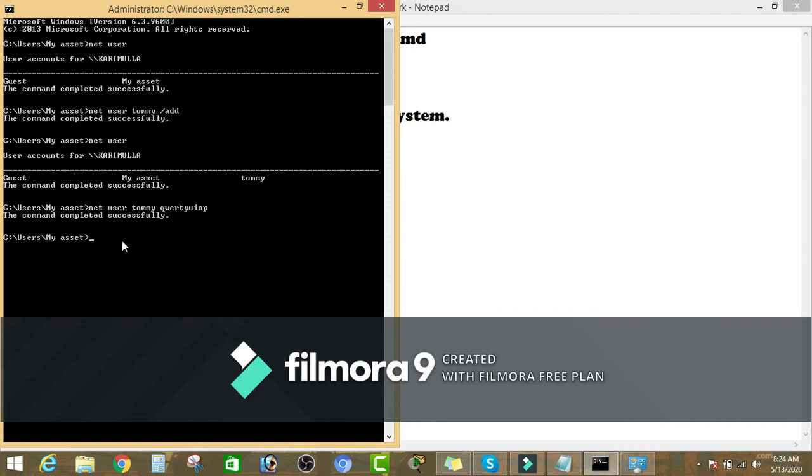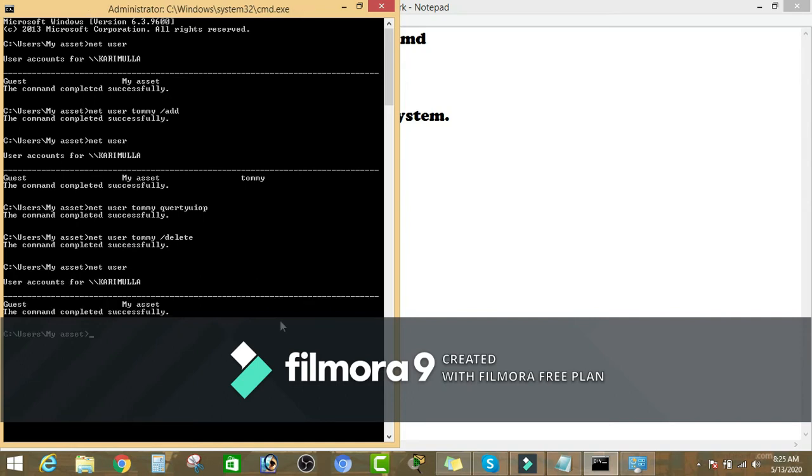We can also do this from the command prompt. Same command: net space user space username /delete. The command completed successfully. Now you can check here also with net space user.